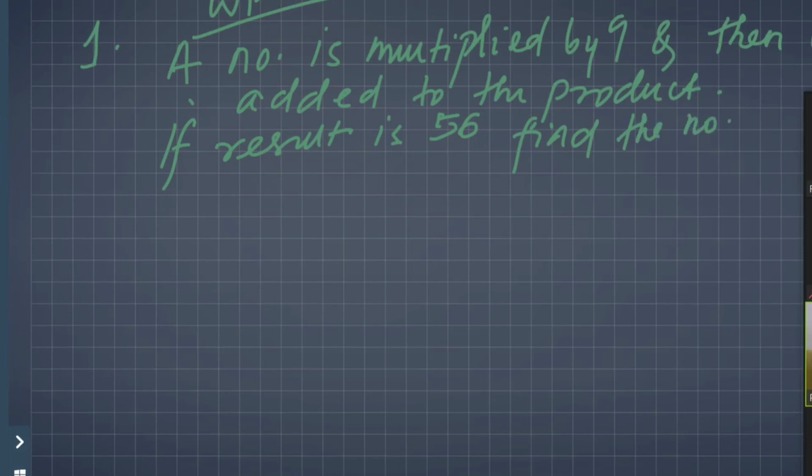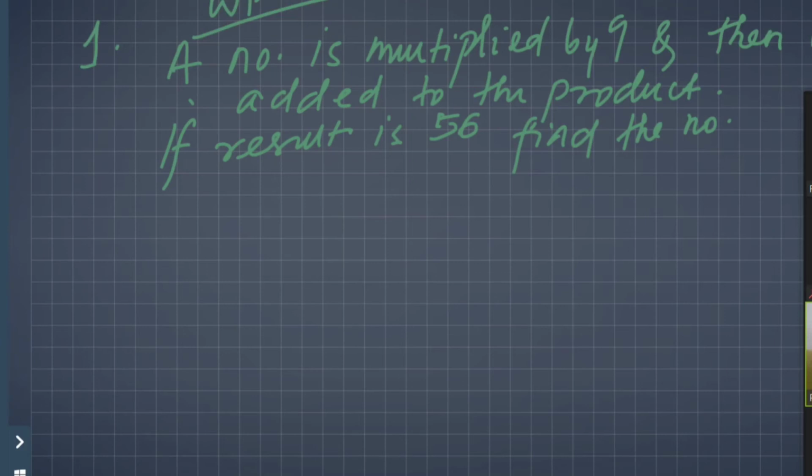Now in this case, what exactly are you going to do? If a student doesn't understand the meaning of product, then he is going to make a disaster of this type of sums. So what do you mean by product? Product means the result of multiplication. You need to understand this first. If I am multiplying x and 5, then the product will be 5x. If I am multiplying 3 and a, I will get 3a.